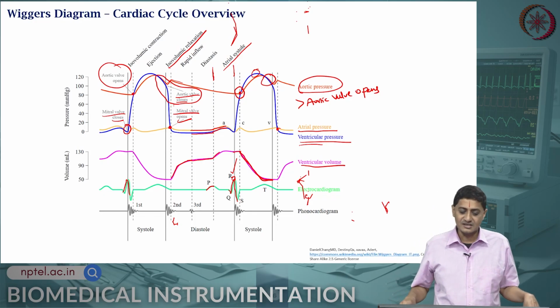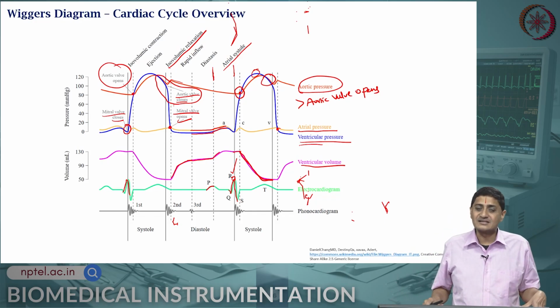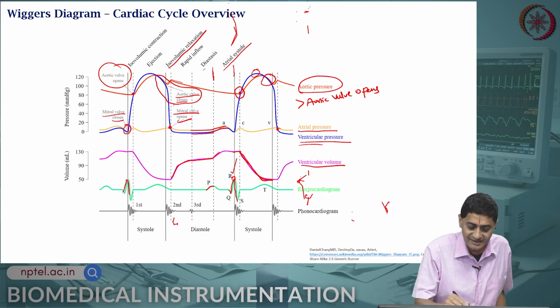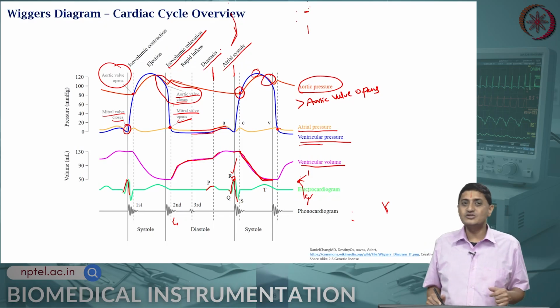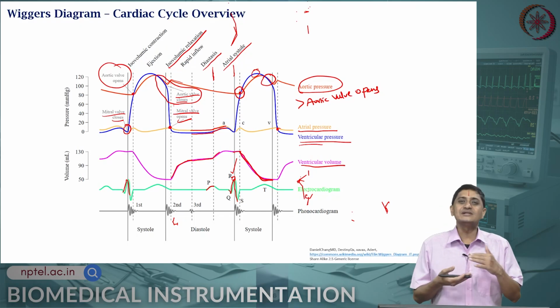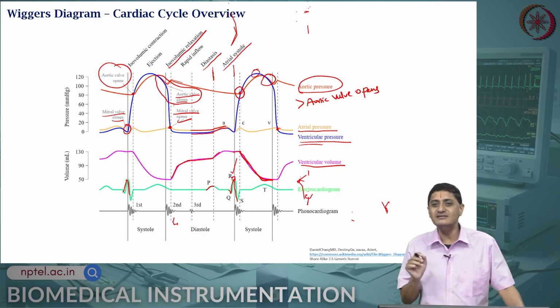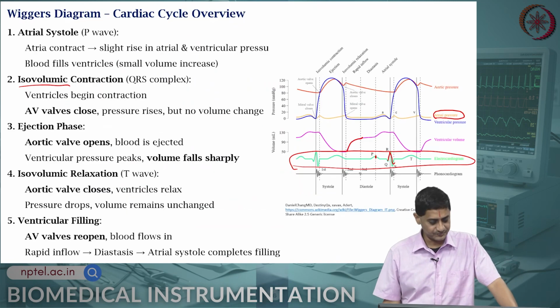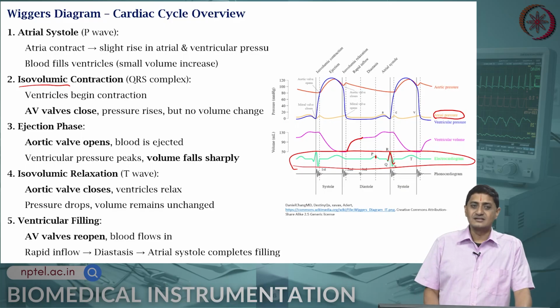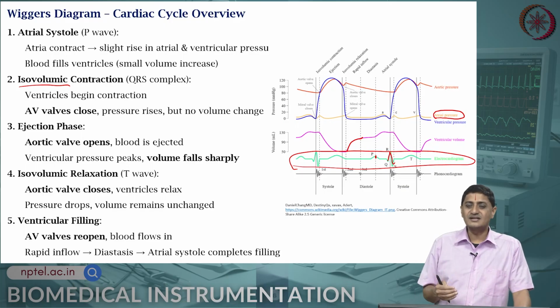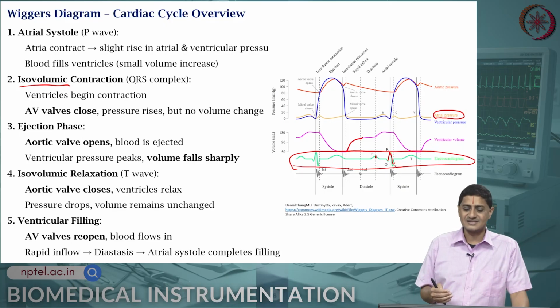entire capacity, completely relaxing. This phase within the ventricular diastole is called diastasis, the phase during which there is a plateau that is seen in the atrial pressure, the ventricular pressure and the ventricular volume. When you see that, that is the phase that is called diastasis, and